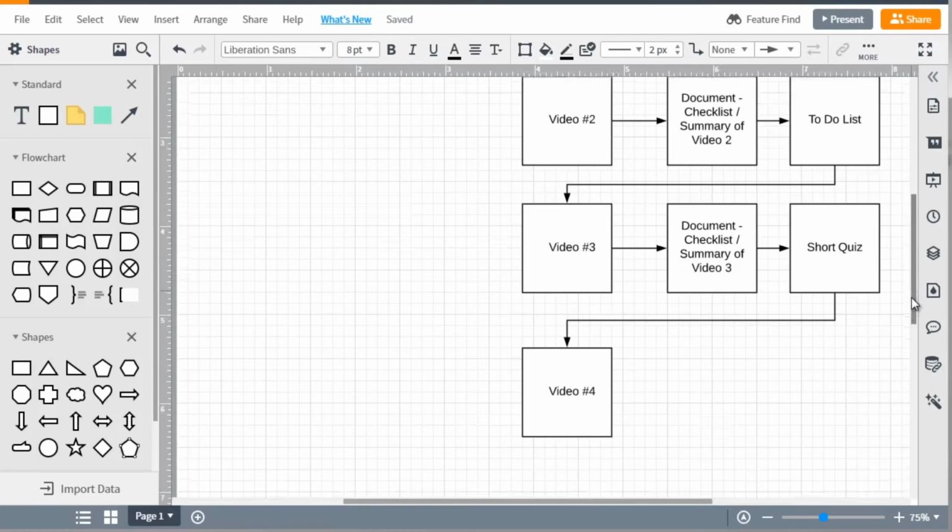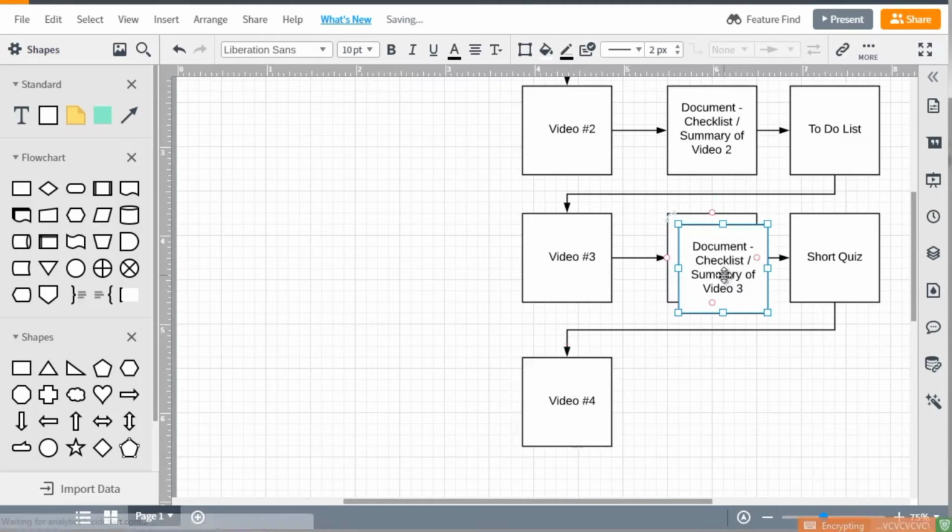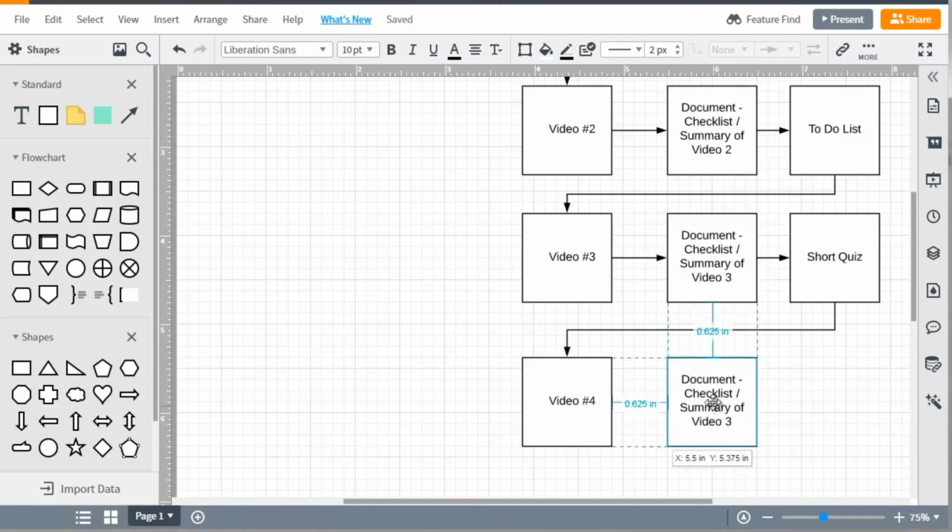Now, you could set it up so that in order for them to move to video 4, they have to get the questions right. But from our findings, what we found is a lot of times that can become frustrating, especially if they answer it wrong. So what that does is it makes things negative, and we don't want to create a negative environment. You want to keep things positive and keep them excited. So let's move from a short quiz to video number 4. So same thing here. We can do this here, and we'll do video 4.